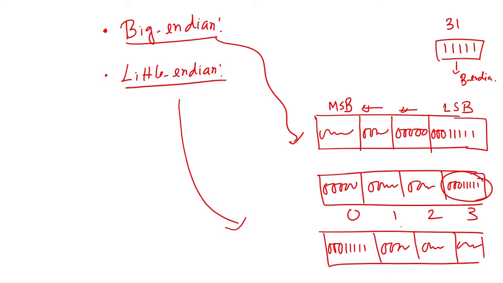Addressing mode is something like this. Generally, for any problem or program we write in a high level language, the compiler translates that language into the corresponding machine level language, that is, assembly level language. While writing the program, we use various local variables, global variables, and pointers, and we also use constants and so on. So basically these variables are used in the program, and then we do some operation.